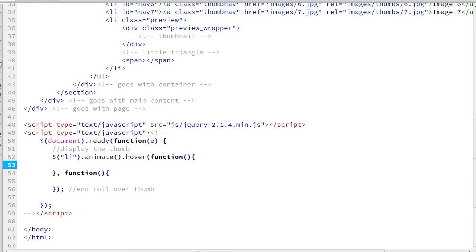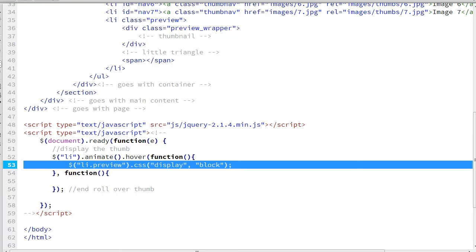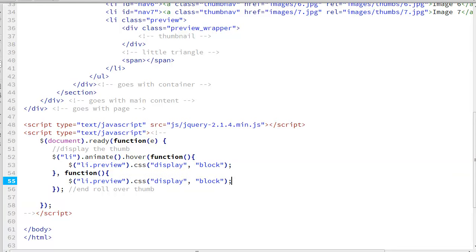In this first one, we're going to select li.preview. So you see it pops up there. And we're going to change the CSS on it. In the CSS we have name equal value pairs. So I like to go ahead and put double quote, comma, double quote. On the left is the name and on the right is the value for it. And what we are doing is changing display between block and none. So this one will be block and this one will be none. And that finishes